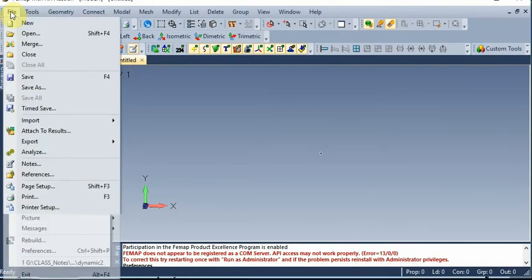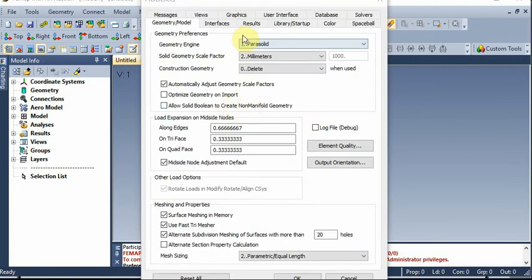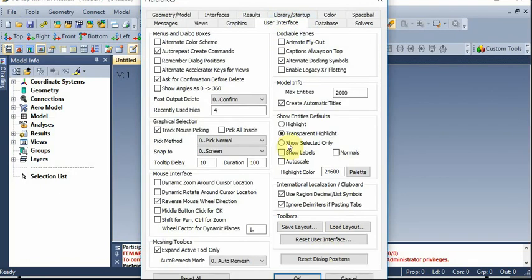File, preference, user interface, reset dialog position, give OK.